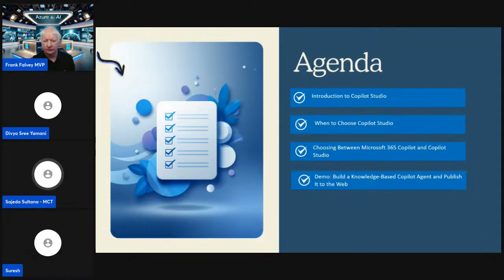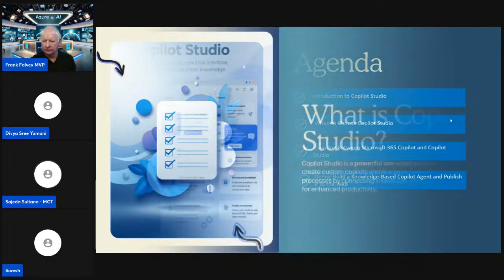And finally, we will build one live demo. In this demo, we will create the Copilot agent from scratch. We'll connect to the knowledge base. We will test it in the canvas, and then we'll publish into the web channel. So moving forward to the first topic,